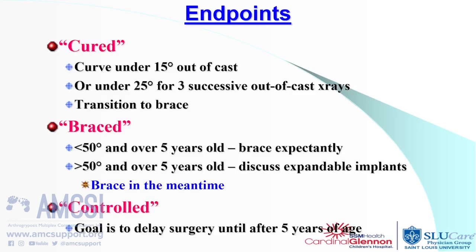And then there's the controlled curve. These are ones where we know, even before we start casting, that the curve is going to need surgery at some time. And all we're trying to do is delay that as long as possible, hopefully getting it past 5 years of age. So why 5 years of age? The things that we'll talk about in a little bit, the expandable implants, they have a lifespan of about 5 years, meaning from the time you put them in, you can only stretch the spine out for about 5 years,